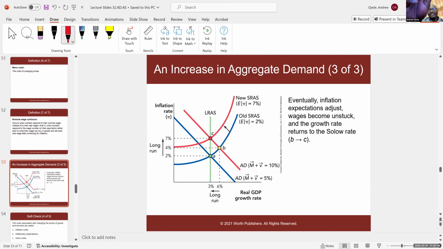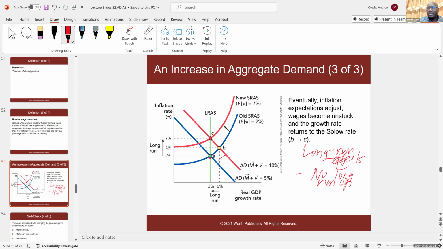So we're going to adjust to point C. When I ask you to document the long run effects here, remember, we start from point A, and then the shock happened. In the short run, we move to point B. In the long run, we're back to point C. So at point C, we're going to say there's no long run effect